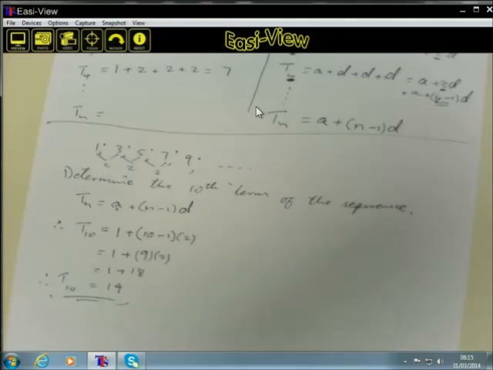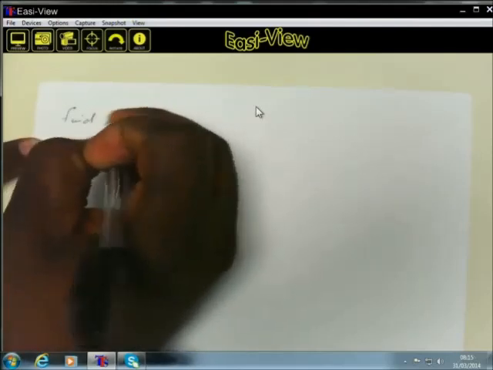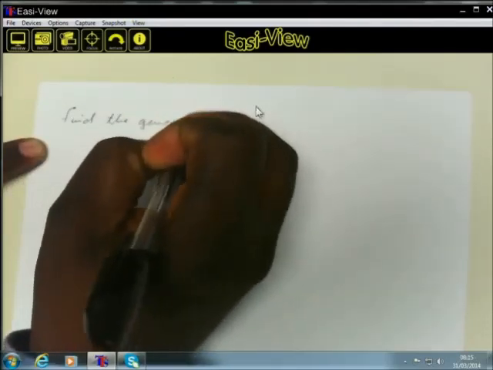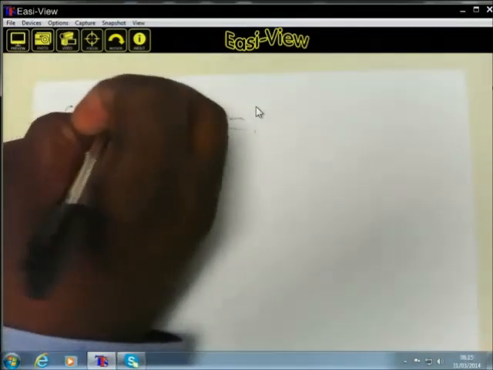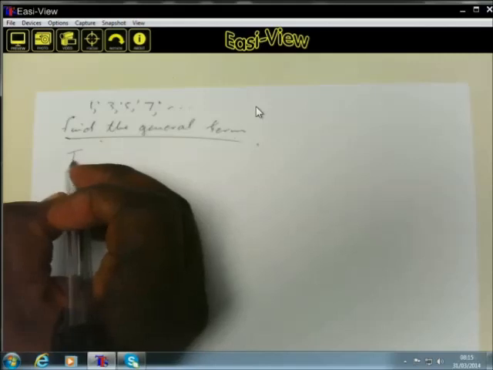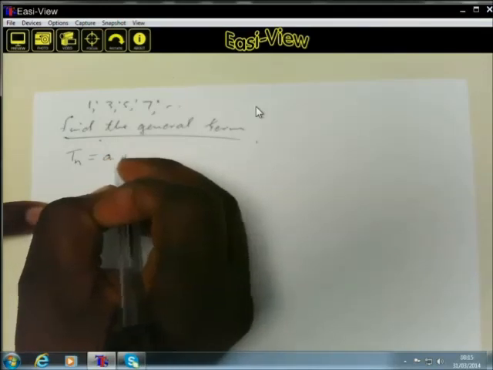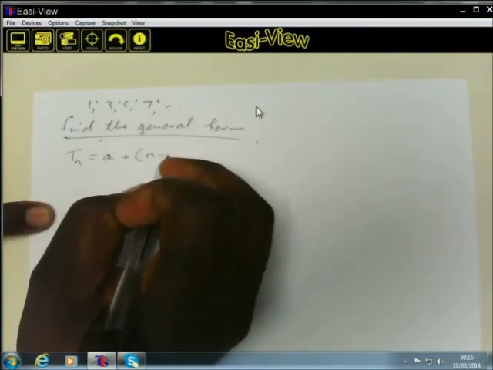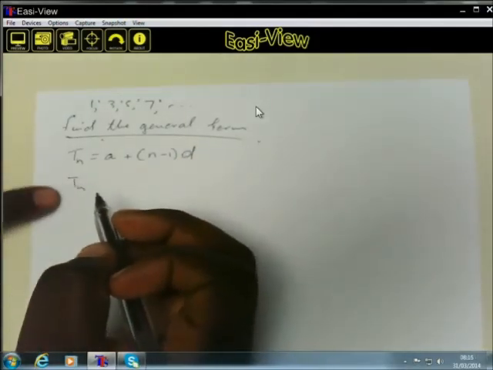But they could have asked this in another way. They could have said, find the general term, like they did with number patterns in grade 10. Find the general term. Now, with the same sequence, 1, 3, 5, 7, and so on. Remember, the general term that we use for arithmetic sequences is Tn equals A plus, in brackets, n minus 1 D. Tn, because we do not know for sure how many terms we are talking about,